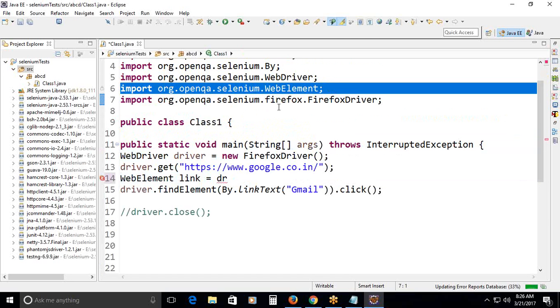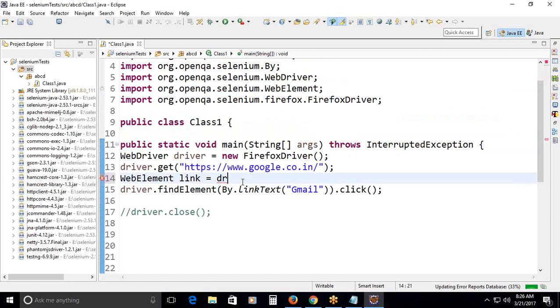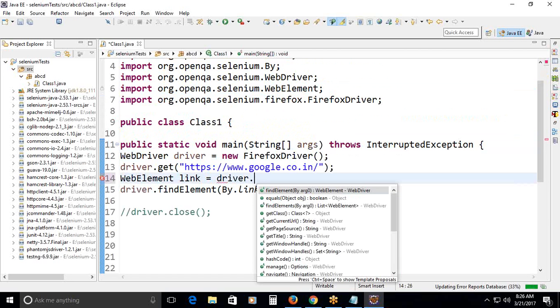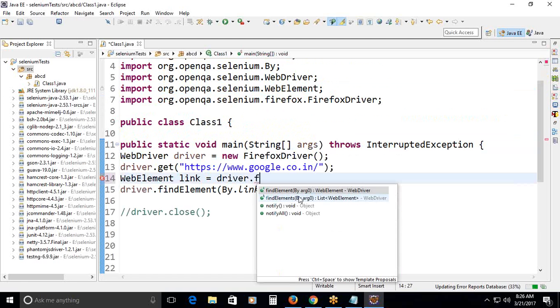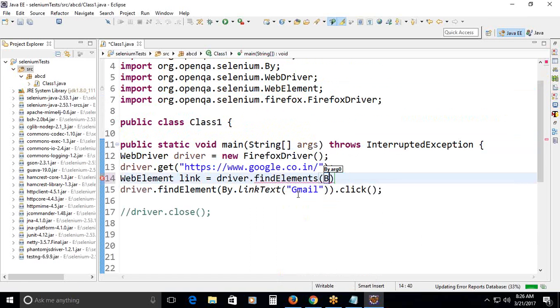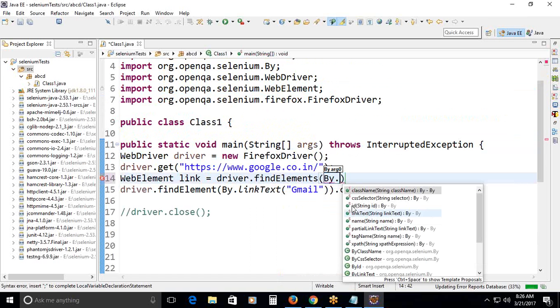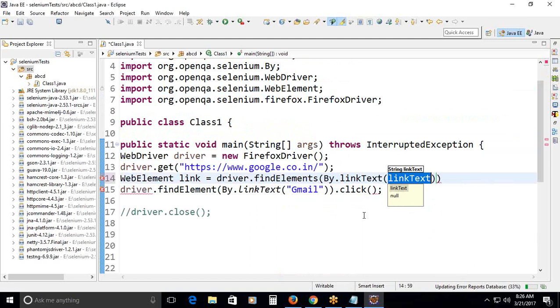Why? We already imported it in the previous example. driver.findElement(By.linkText("Gmail"));